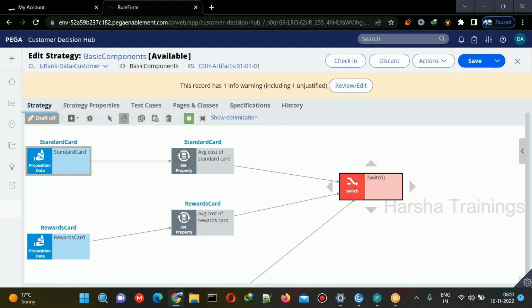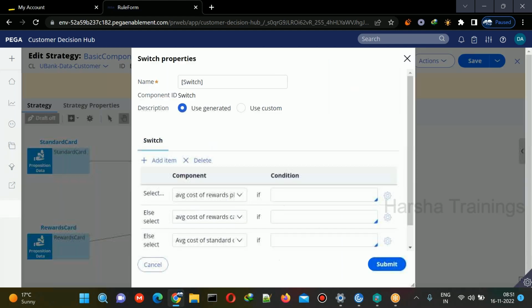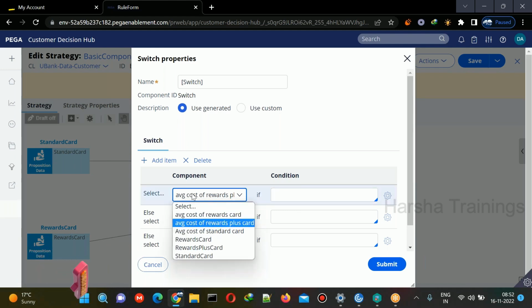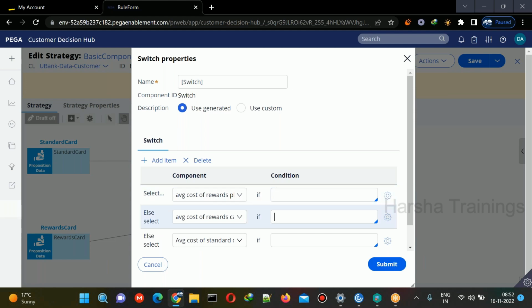Now here I have the switch. So how does the switch work? I'm saying, if this condition is satisfied, then you select this option, this one. If this condition is satisfied, you say